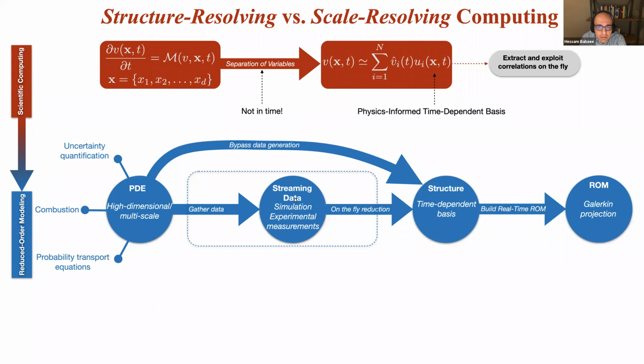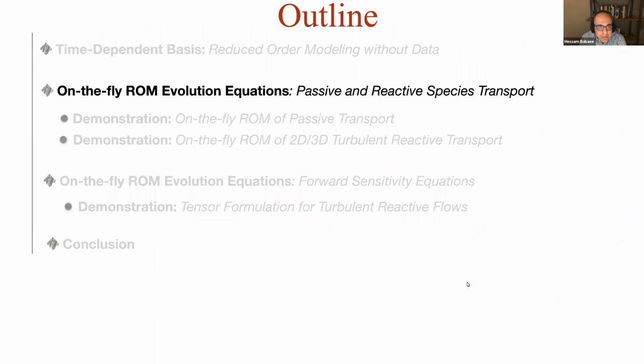And so we just go and directly replace this into the governing equation here, and we derive evolution equations for this and the modes as well. That way allows us to bypass the whole data generation process and all the issues and limitations attached to it in a typical data-driven reduced order modeling. And because these subspaces are time-dependent, you can solve some particular problems in a really elegant way, for example, if you have highly transient instabilities. And so this is a big picture overview of time-dependent basis.